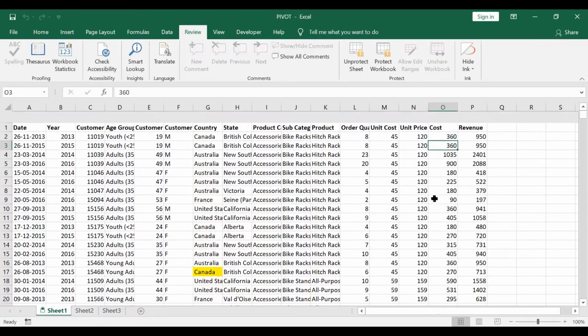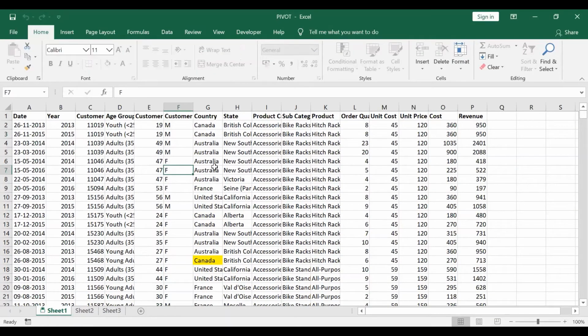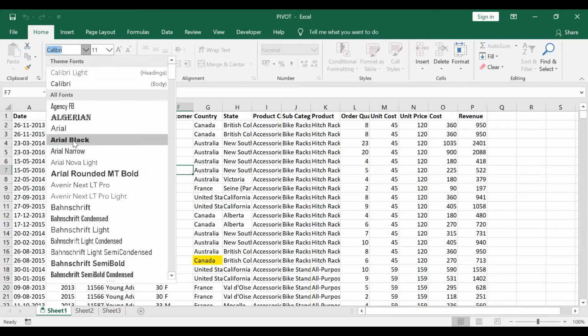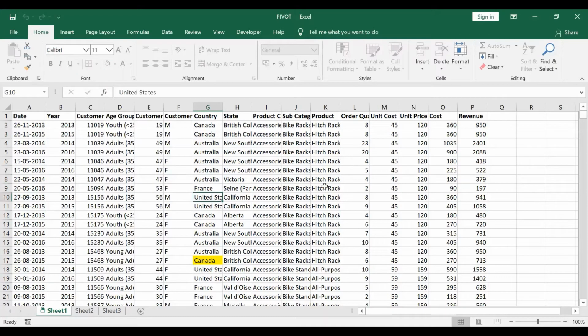And now my workbook is again protected. If you see, since I had unselected the option of changing even the format of the cell this time, I will not be able to change the format or anything in this cell. However, if I want to change the unit price, I will be able to. So I go to the unit price column and say I want to type 9.